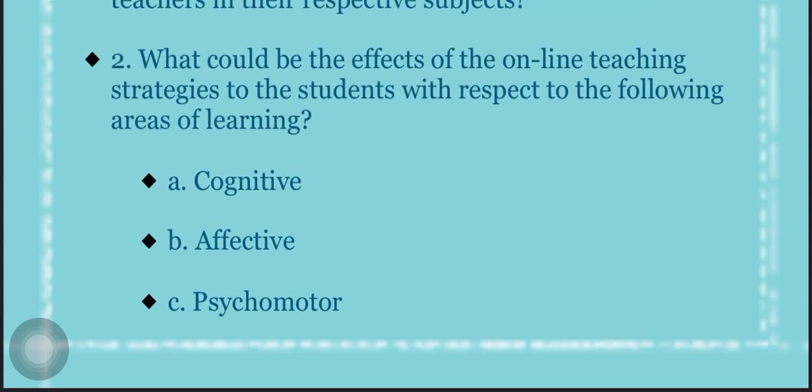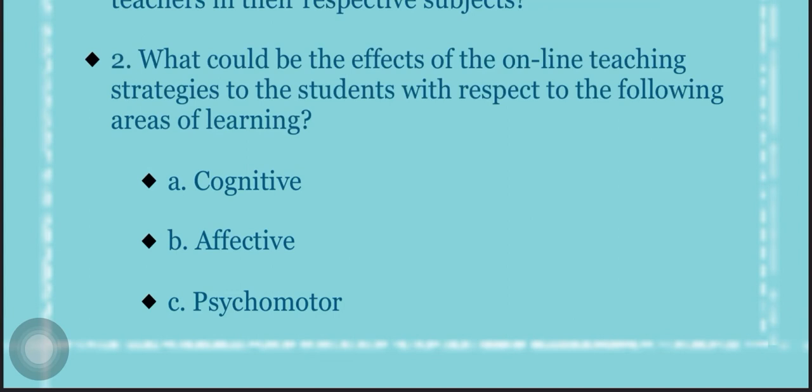Pero kapag sinubtopic mo siya, like effects on cognitive, effects on affective, and effects on psychomotor, then kapag diniscuss mo kung anong impact sa bata, edi simulan mo muna sa cognitive. Okay, tingnan natin kung before and after the online teaching strategy, may pinagkaiba ba sa kanyang cognitive absorption? Before and after the online teaching strategy, meron bang pinagkaiba sa kanyang affective or psychomotor absorption? So here, pwede kang mag-conclude kung anong naging epekto sa kanyang pag-aaral o sa kanyang academic performance using these